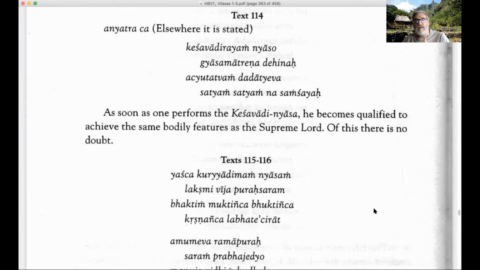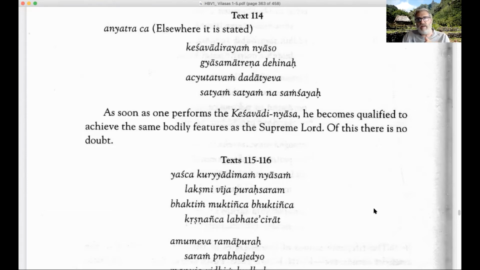Whereas in Raganuga Bhakti, people are thinking about being the form of a cowherd boy, or the form of a gopika, or a manjari, like that, in a particular Siddha Deha. And there are other books to teach us about Raganuga Bhakti and the practices of Raganuga Bhaktis. But here, because Hari Bhakti Vilasa is basically giving us practices for Vaidhi Bhakti, right? So this Keshavadi Nyasa is done like this.